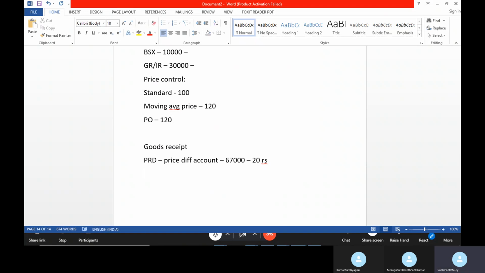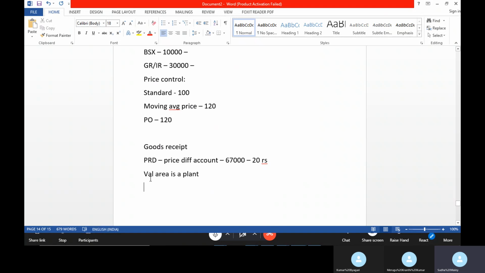This is one of the prerequisites. Before starting your MMFI integration configuration, you need to make sure your valuation area is your plant. We already discussed it and made the valuation area a plant only.